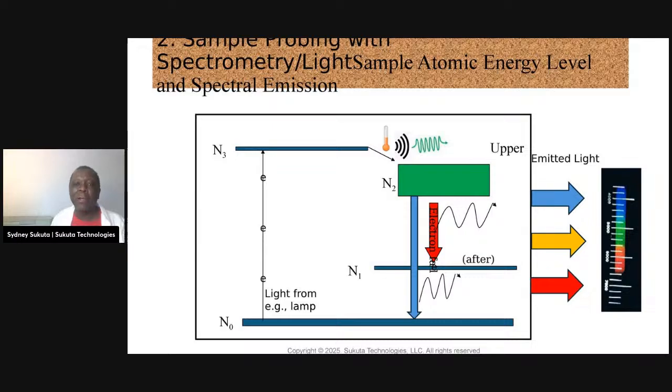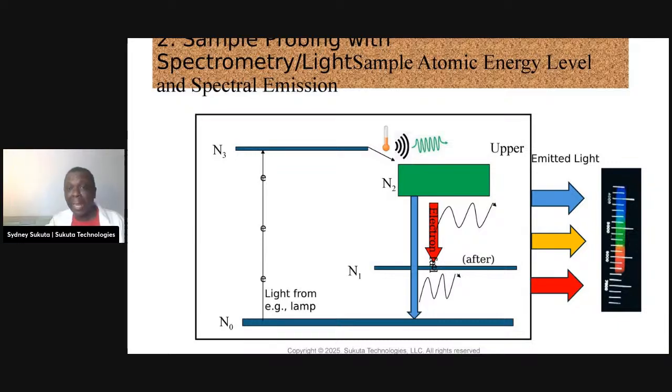Then again, the laws of physics want electrons to reside in these low states, the ground state, kind of like the way water goes into valleys, right? That kind of thing. So what the laws of physics will do is they'll spend what they call a spontaneous lifetime. The word spontaneous means natural lifetime. And the electrons will fall, but they fall to different levels. For example, an electron can fall from this N2 to N1. Another one can fall from N2 to N0, and many other levels.